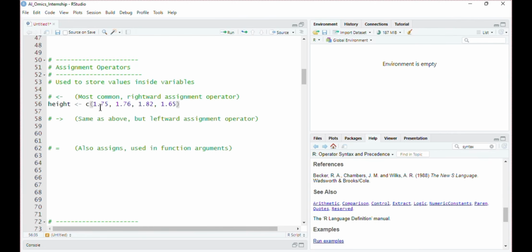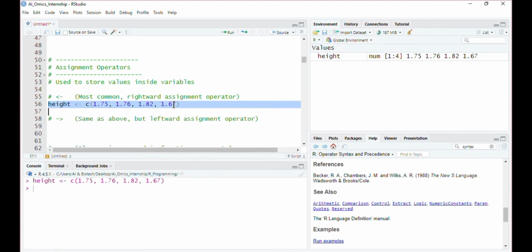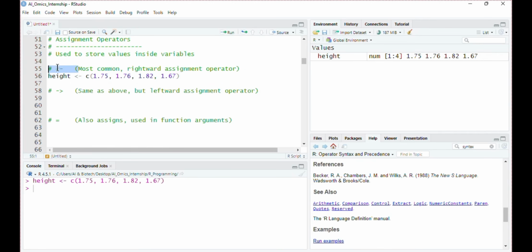Similar to this rightward assignment operator, we have another leftward assignment operator that is opposite in direction. When we use this operator, first we have to define the values that we want to store in that particular variable.